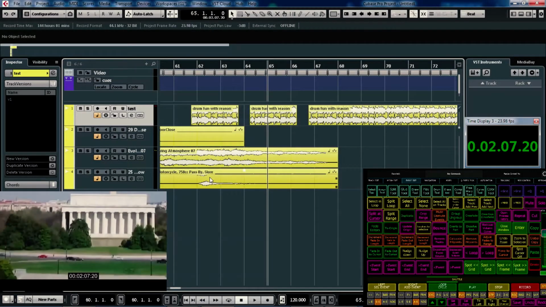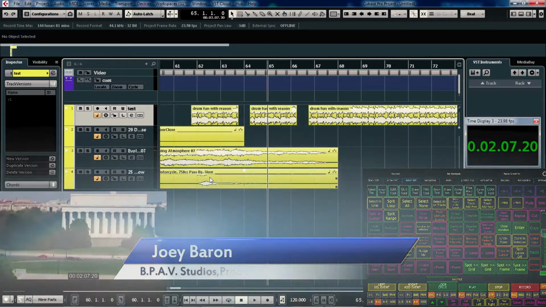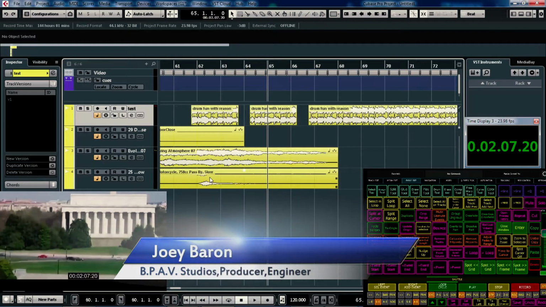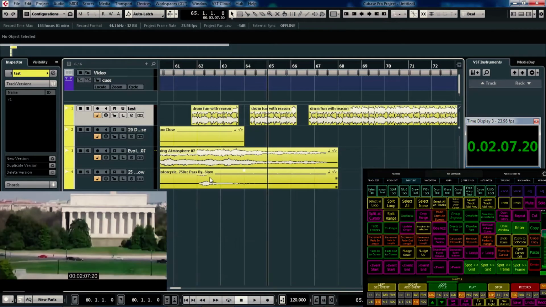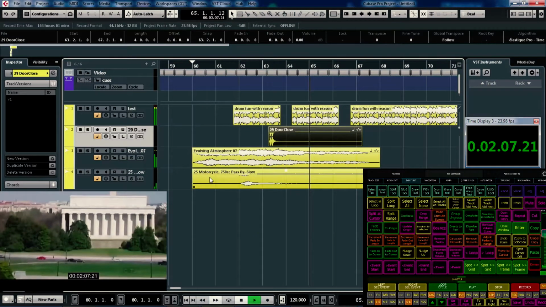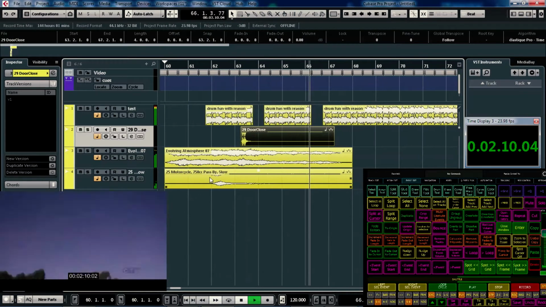Let's talk about my new thing here. This is very cool. This comes in handy when spotting anything to film or video. But I kind of found this by accident, and it works great. If I'm doing anything to video,